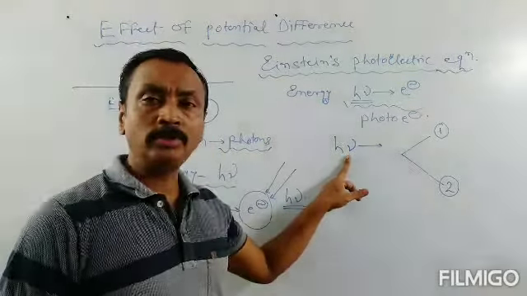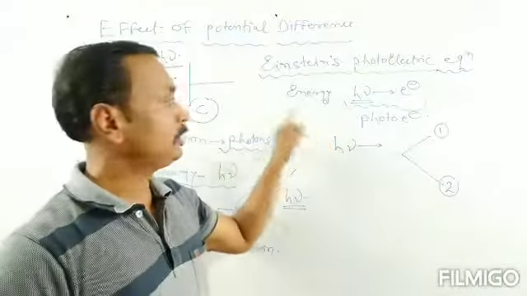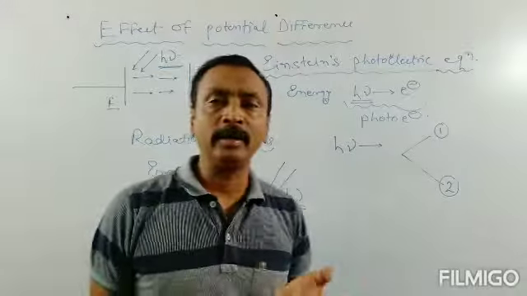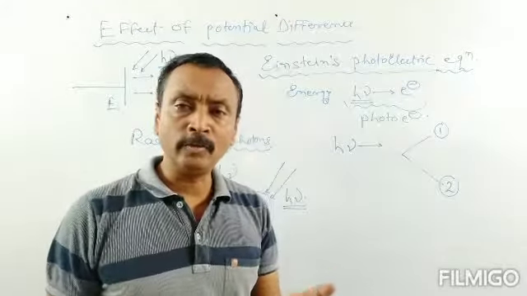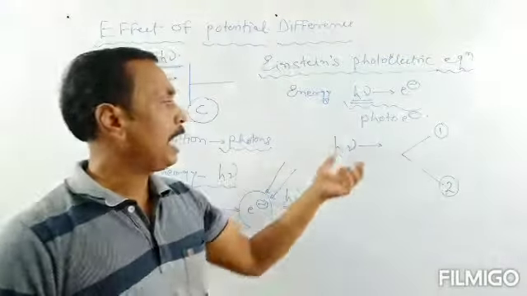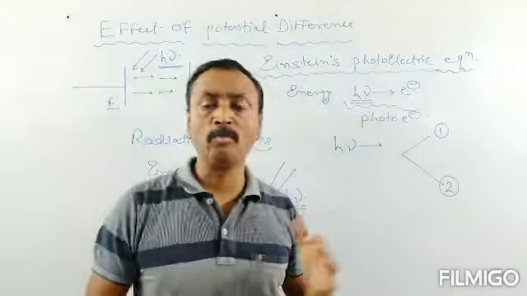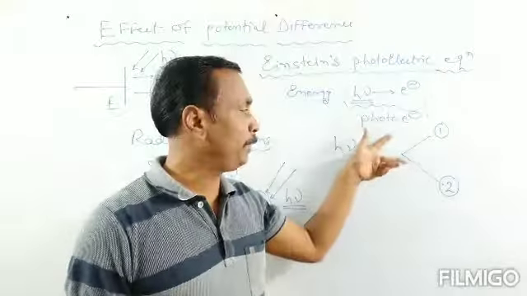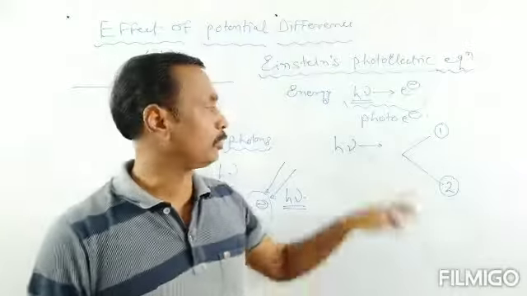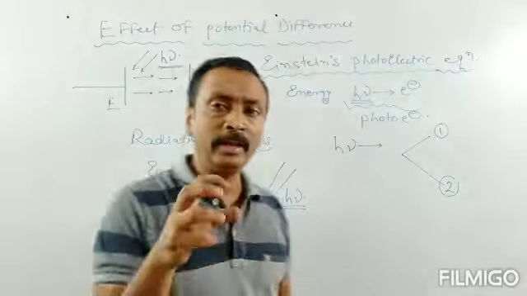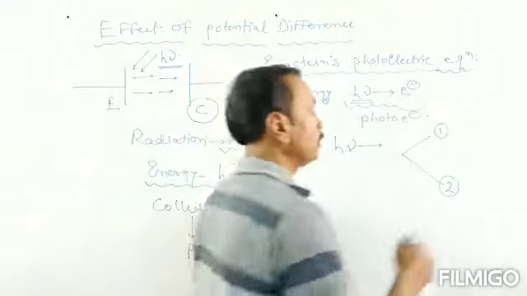H nu is the energy of the photon incident on the emitter plate, and the emitter plate contains the electron. This electron absorbs the energy of the photon, and it is the most energetic one. This energy is used by the electron in two ways. First, the energy is used